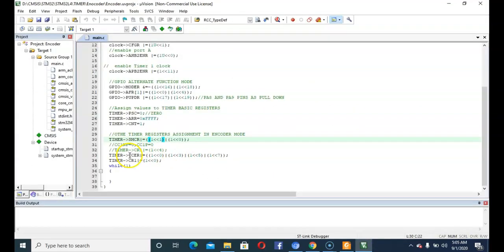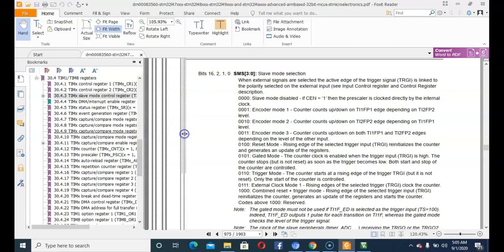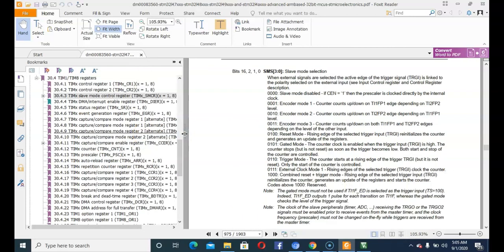We are using the CCR register and setting the 0th, 3rd, 5th and 7th bits. Let us see what they are for. Go to CCR, get a clear view of the menu.